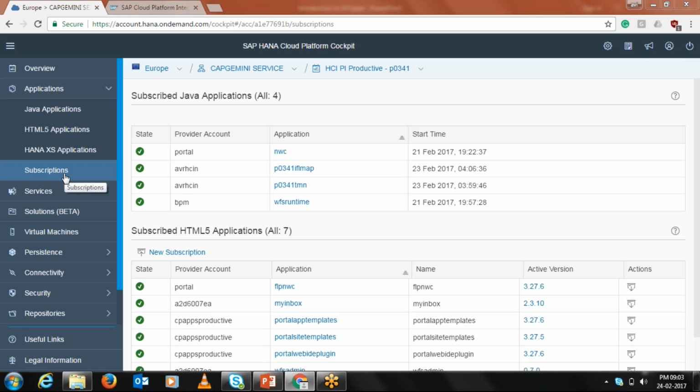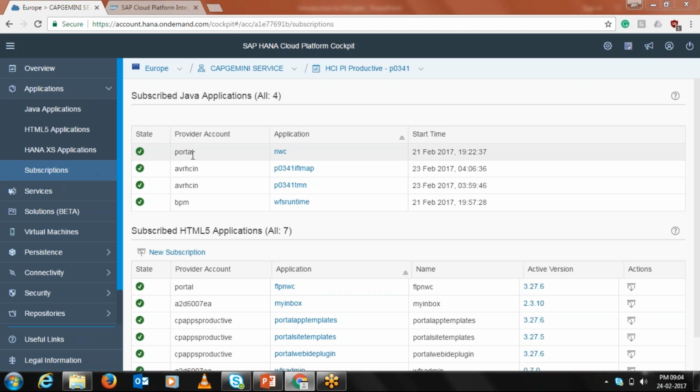In this subscription you will be provided with the details of your tenant management node and worker node. As of now, I will be explaining the tenant management node and worker node tomorrow in detail, so don't worry about that. But think of it as your RAM and your CPU.